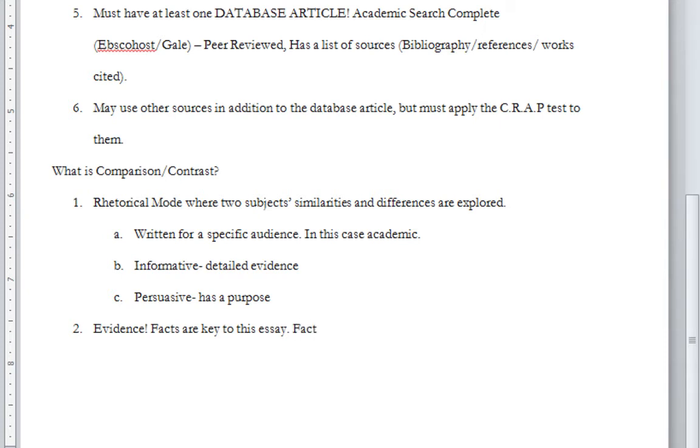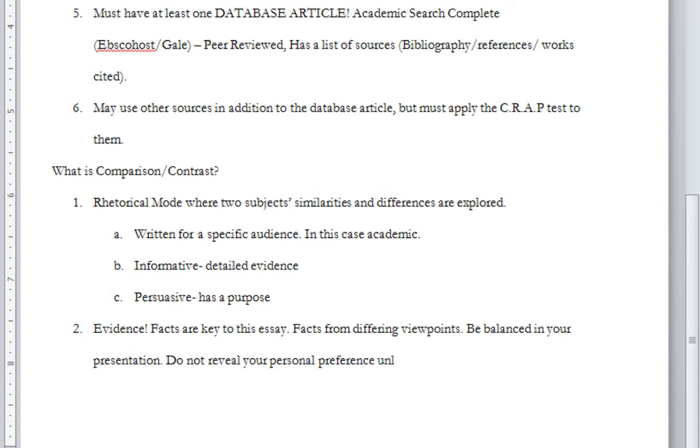So facts from differing viewpoints, be balanced in your presentation, do not reveal your personal preference unless it is clearly based on your research.